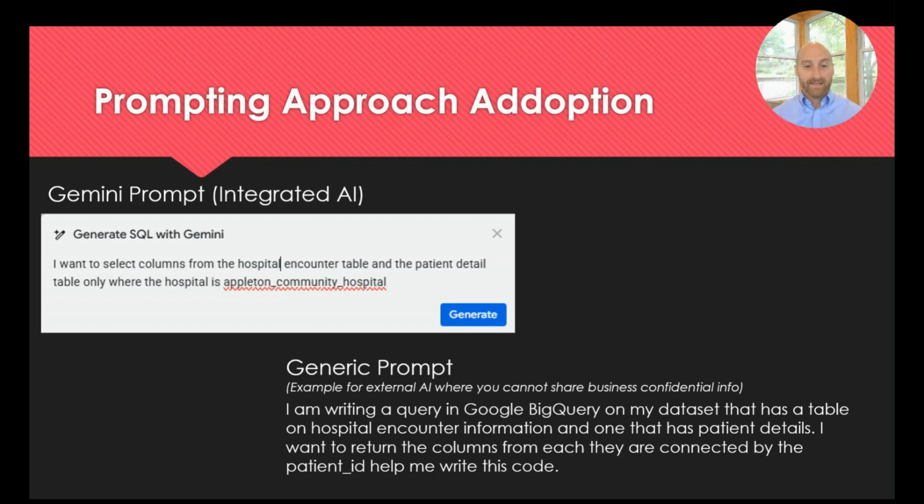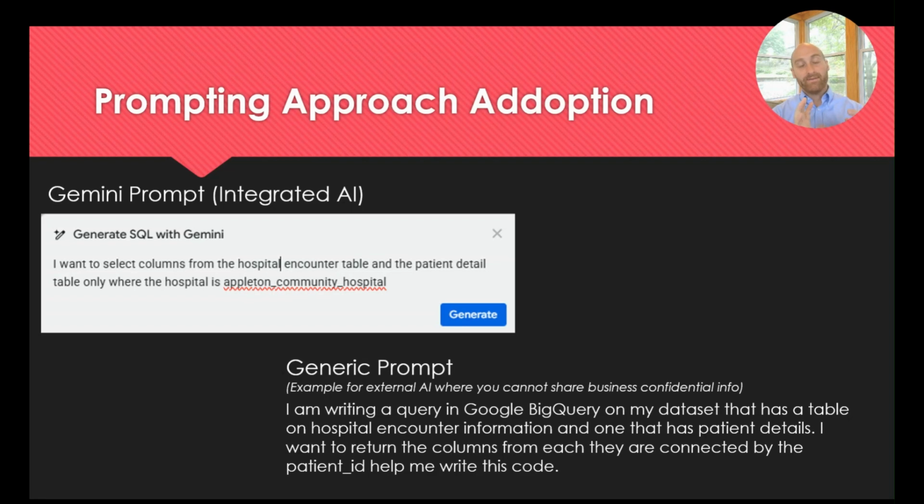If you're at an institution that doesn't have this integrated into the place where you would write code, like into Google Cloud Platform, then you're going to have to find a different way to do this while they catch up to you. Be sure to make your case as to why you need it, but in the meantime, you're going to have to be thoughtful here because you want to make sure you are adhering to your company's policy, and those policies have a very good purpose. They're trying to make sure that you don't inadvertently expose any business confidential information, and by all means, never expose patient information. So, this generic prompt example is given if your company doesn't let you have access to a AI